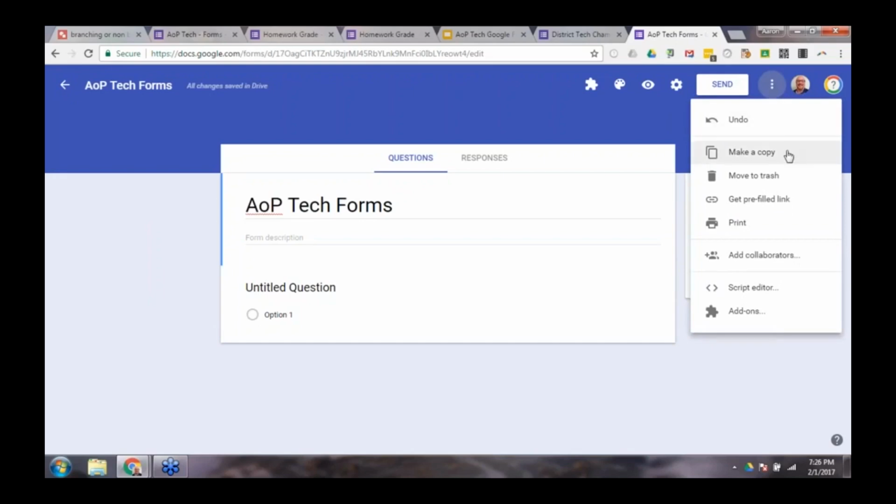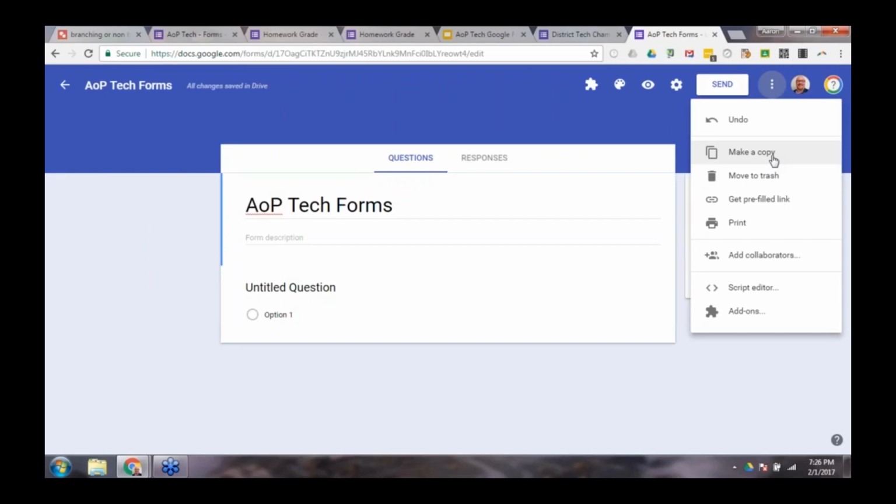make a copy, which is a really great tool, especially if you're creating, let's say, a quiz for multiple classes. You can utilize the make a copy feature. It also allows you to differentiate between, let's say, some high achieving students and some students with IEPs or 504s. For example, my wife, she's a science teacher at a 7th and 8th grade school, and for